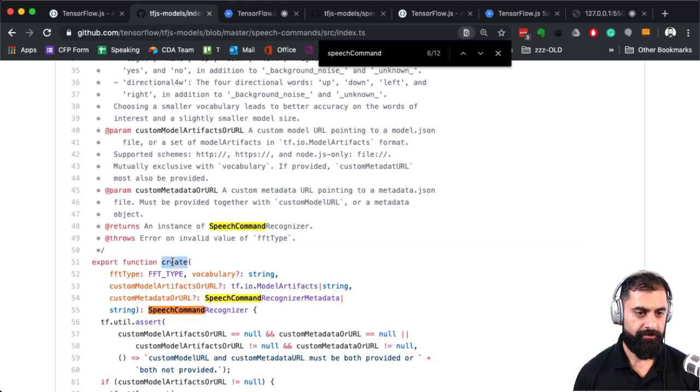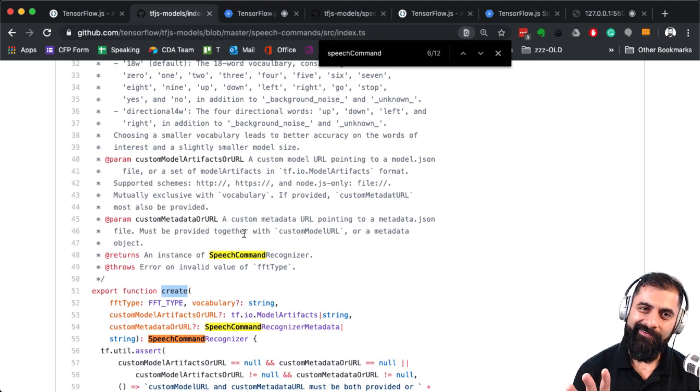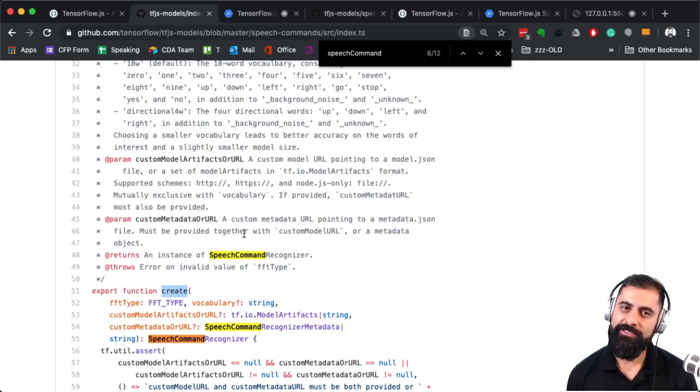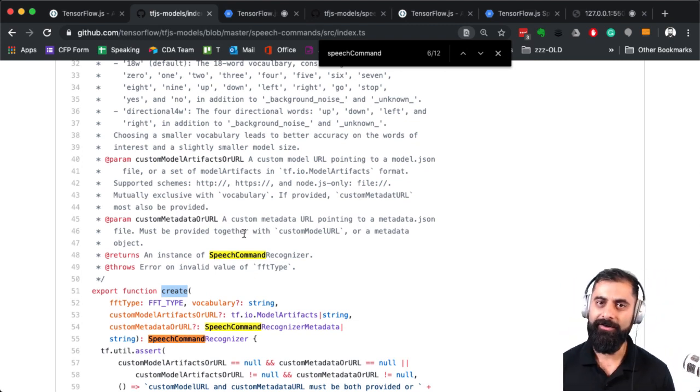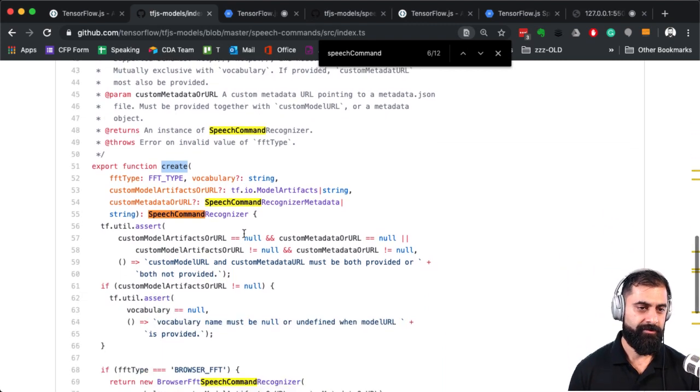Here's the create function that we're calling. See, it's not so scary. We're always scared of digging into a little bit of source code and figuring out what's going on. It is scary, it is. Give it a go. You'll be surprised.